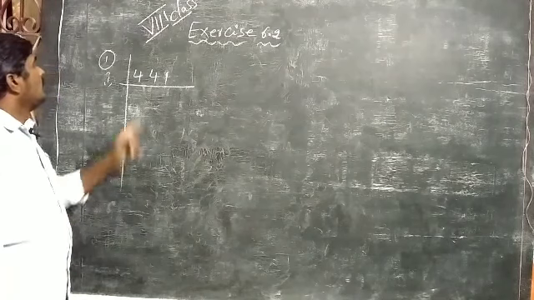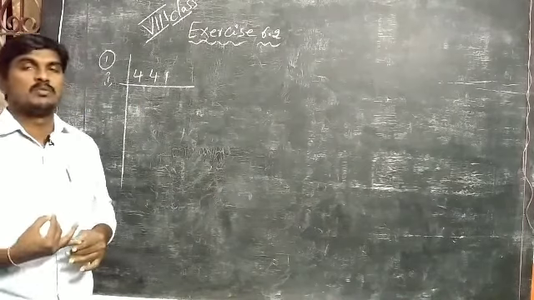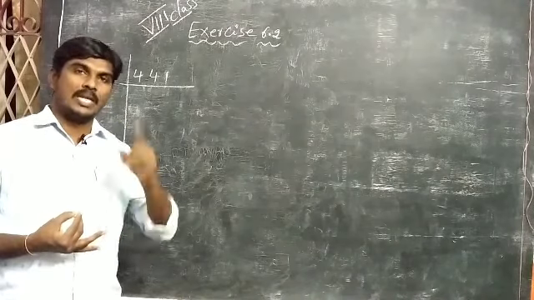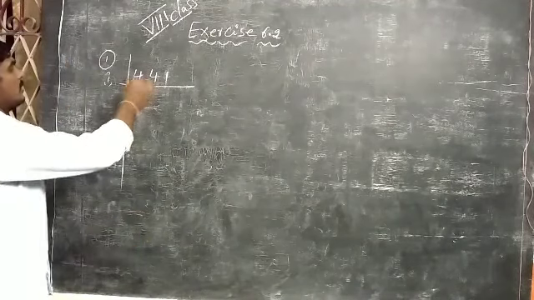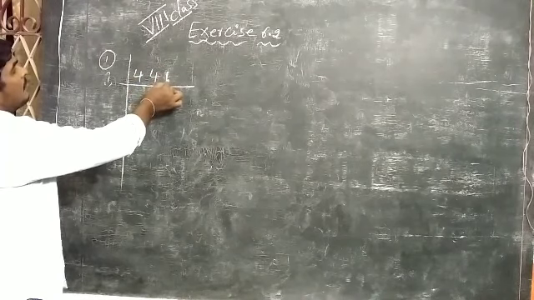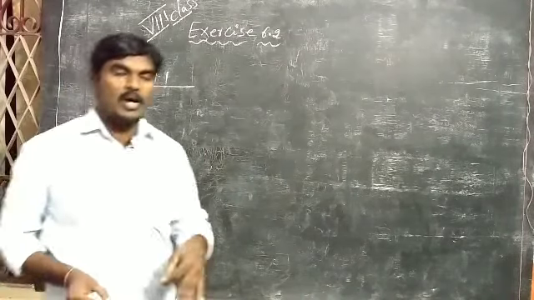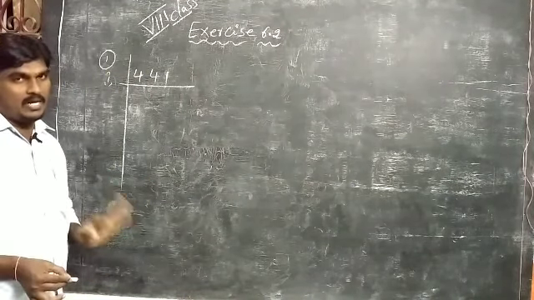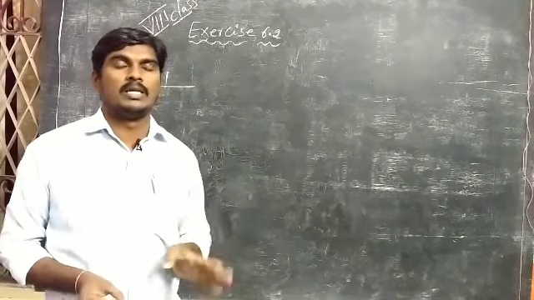Here we have to start with one table. Which table is possible to cancel this number? That we have to think. Tables means immediately we have to think of the 2 table first of all, and then the 3 table, 4 table, like that we will see. So the 2 table, is it possible or not? If you observe this given 3-digit number, the last digit is 1. 1 is an odd number. So the unit place number is odd, which means the entire number is also odd. An odd number cannot be divisible by 2. So we should not take 2.